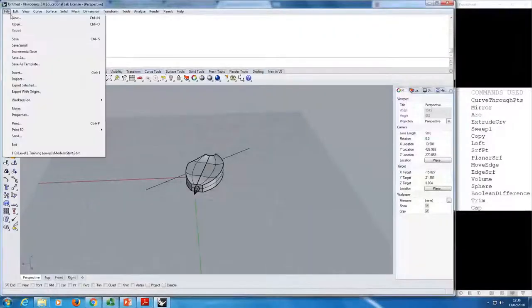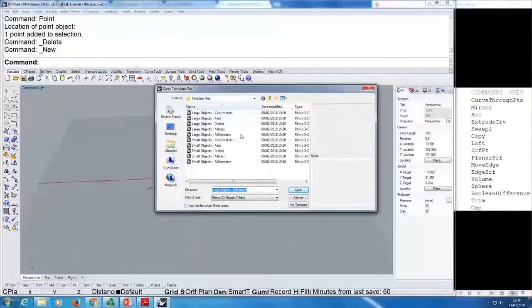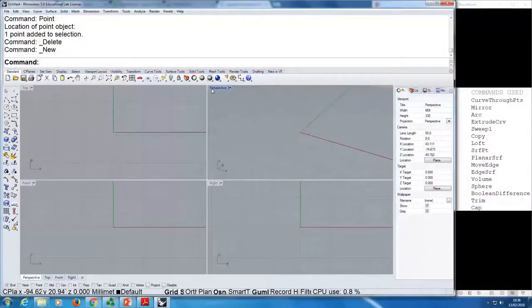So if we start a new file, it doesn't matter, we can do small objects, millimeters. Yeah, so just a bit of theory. The surfaces and the curves we've been drawing, in Rhino they're called NURBS, so non-uniform rational basis spline. So basically,